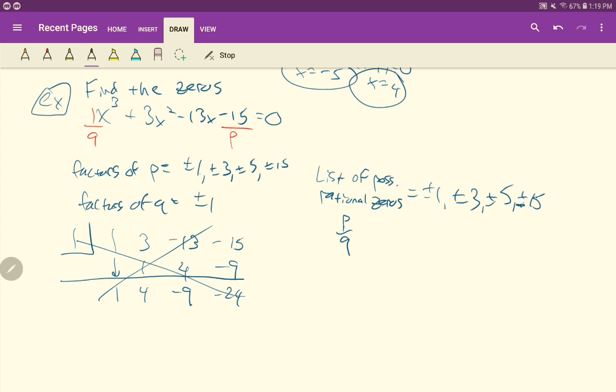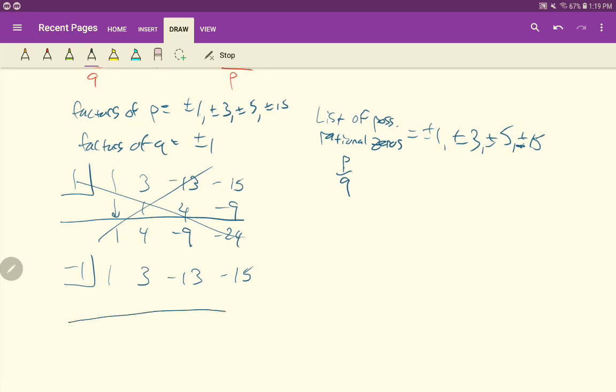All right, let's try another one here. Let's try negative 1. Sorry for that noise. Okay, so again, we'll type in 1, 3, negative 13, negative 15. Okay, drop the 1 down. 1 times negative 1 is negative 1. 2, negative 2, negative 15, 15, and whoosh, that negative 1 worked again. How convenient is that? Okay, and so our results here give us x squared plus 2x minus 15,